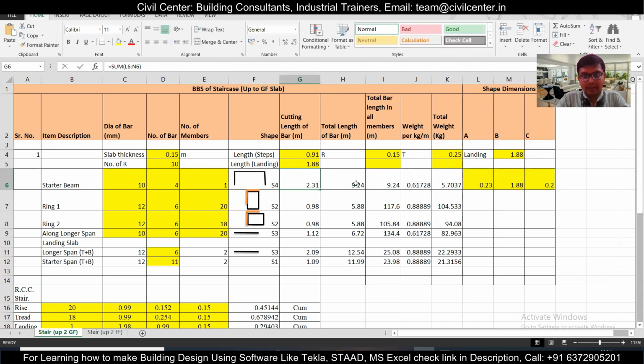So we have 4 bars here. Total length will be the number of bars into the cutting length. Total length of bar in all members: we have only one beam, so one member, and this will be d square by 162. D is the diameter of the bar in mm, and d square by 162 gives the weight in kg per meter. The total weight is your unit weight into the total length. So like this we can find the number of rods required for the starter beam, and next for the ring